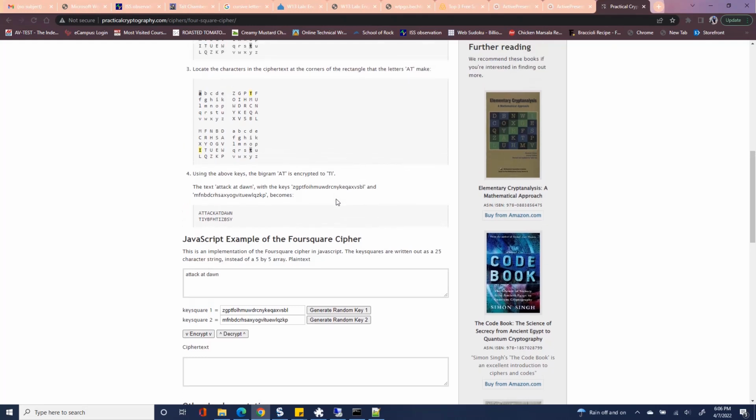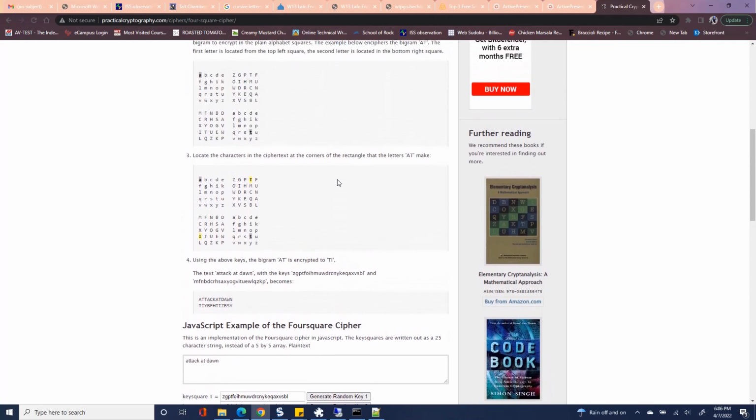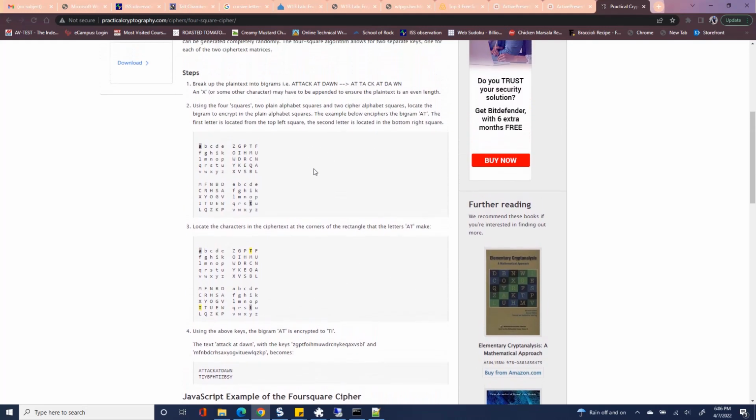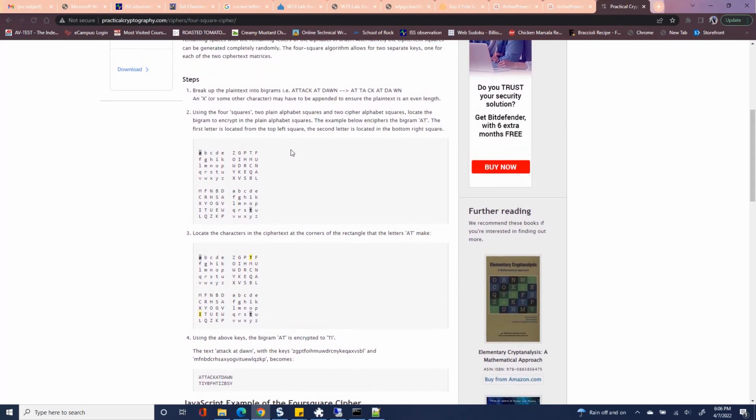I chose to use the Foursquare cipher, which is a substitution cipher. It uses pairs of letters to get our cipher text. So as you can see in this web page, it breaks your message, your plain text, up into pairs of letters. It then uses these four separate squares, each one containing an alphabet, and uses those to get